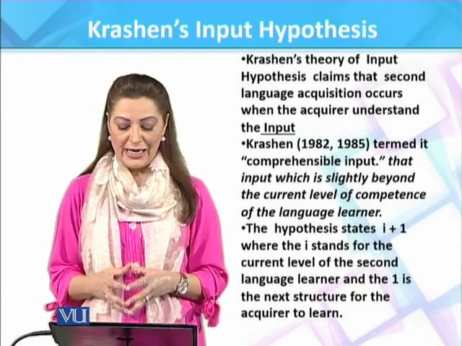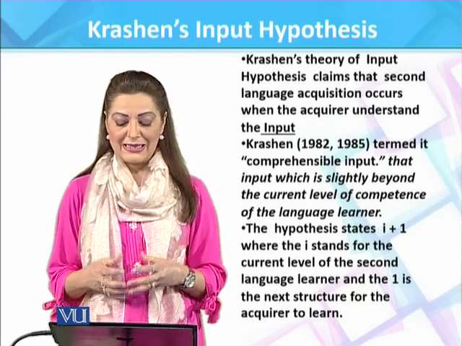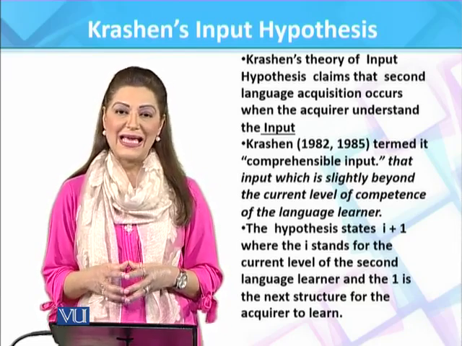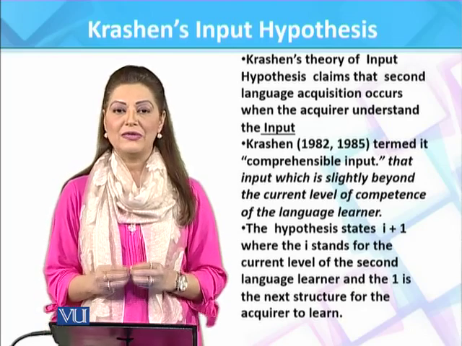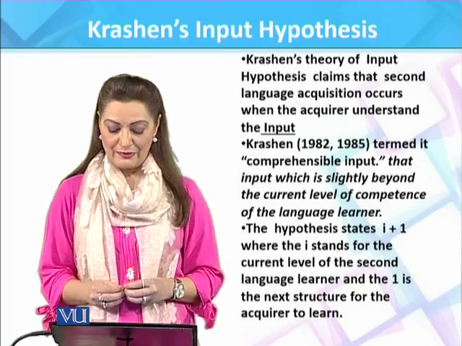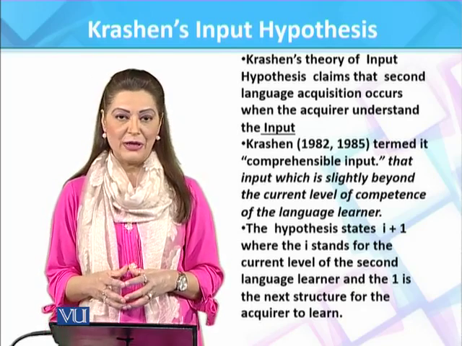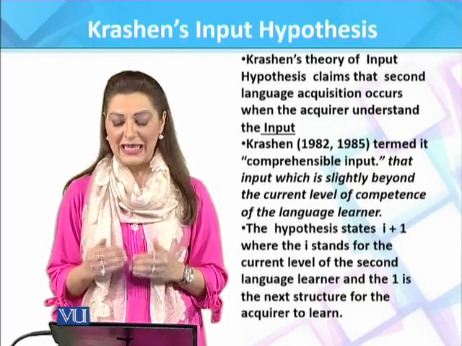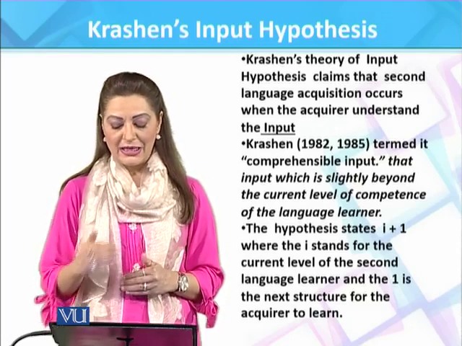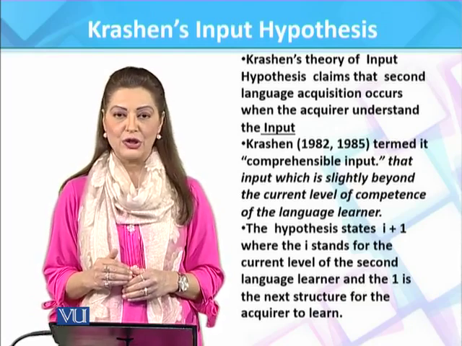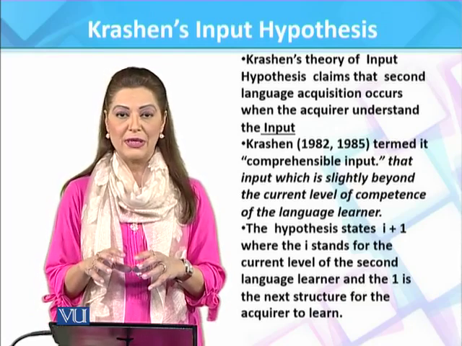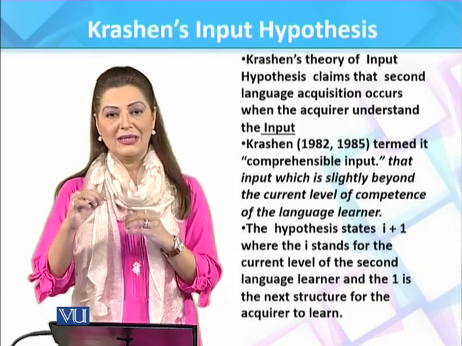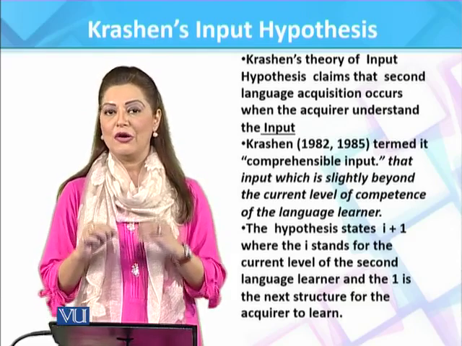Krashen's theory of input hypothesis claims that second language acquisition occurs when the acquirer understands the input. The whole emphasis is on the input, and Krashen termed this kind of input comprehensible input, that input which is slightly beyond the current level of competence of language learners. So this is comprehensible input, meaningful input, which is beyond the level of the existing knowledge of the language